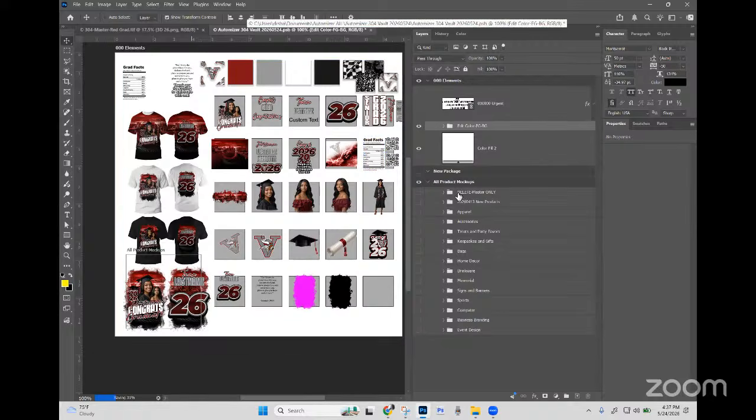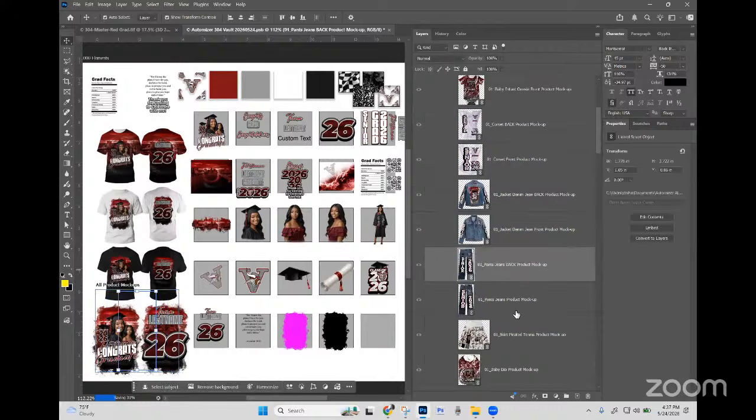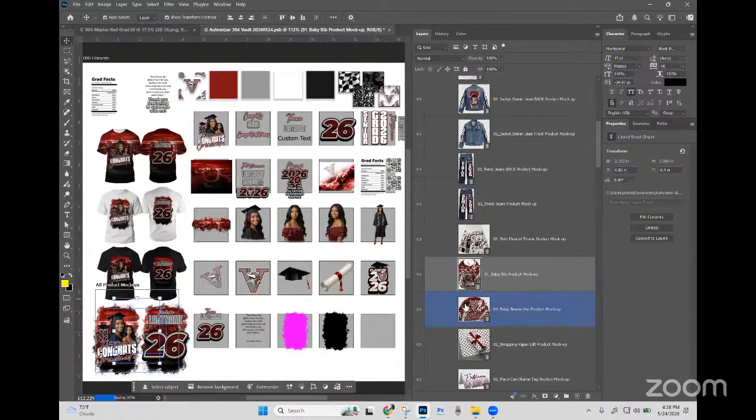I'm going to create a new package. Okay, now let me show you all what I'm going to put in my new package. All right. Now, first, I'll open up what my new products are just so I can show y'all what's new inside of the Automizer. We have the baby onesie, the corset, the denim jacket, the denim jeans. We have the pleated tennis skirt, baby bib, baby onesie hat, wrapping paper, a place card, name tag for the table,